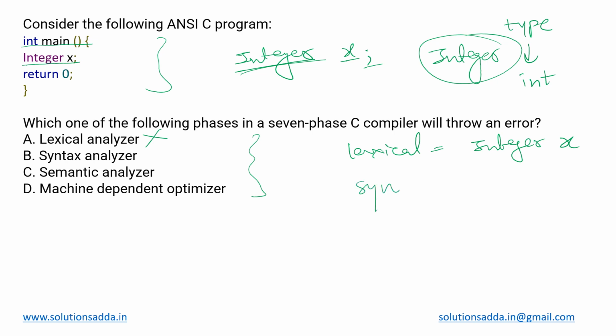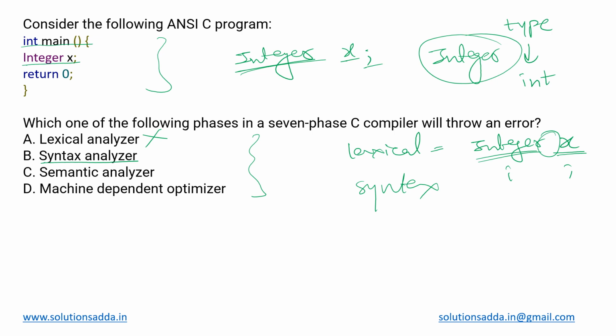Next we go to the syntax analysis phase. In that, what happens? It gets as input a stream of tokens in which this integer and this x both are stated as identifiers, and as per the rules in C language, it is not allowed to have two different identifiers next to each other like this, because there is no operator between them. They are simply two identifiers next to each other. So this theoretically has to throw a syntax error as well. So for the time being, let us say the syntax analysis phase will generate an error, that is a valid candidate for